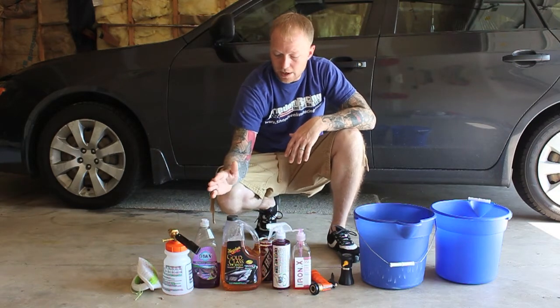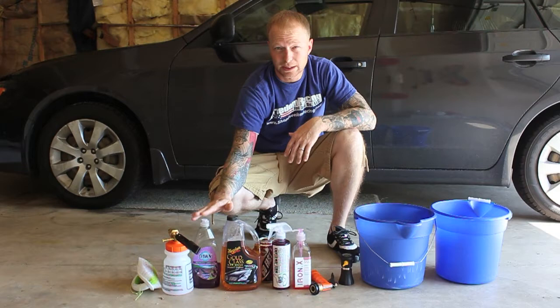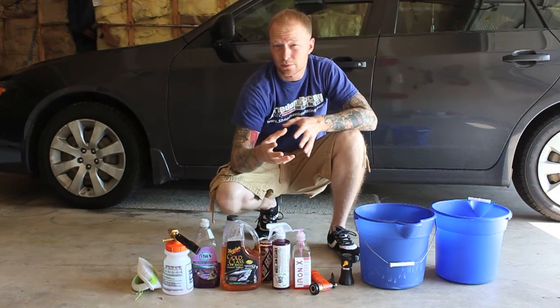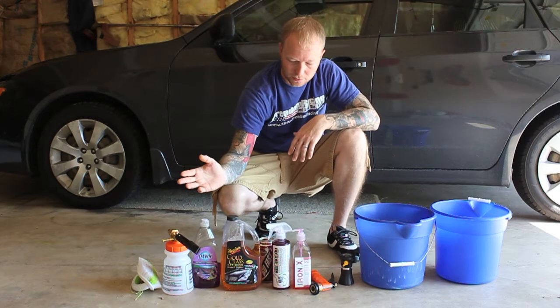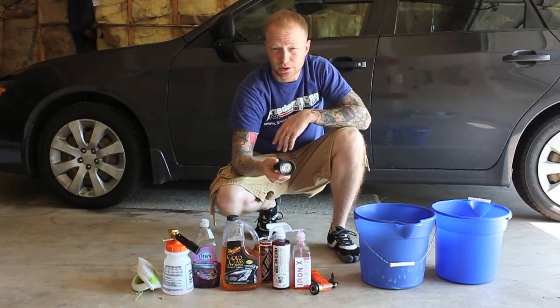Next we'll have a mix of Meguiar's Gold Class shampoo with some Dawn soap, and that's really the only time you want to use the Dawn soap, because it'll almost strip everything off the paint as far as old waxes. We also, along with the foam cannon, have a fire hose, which is really great,